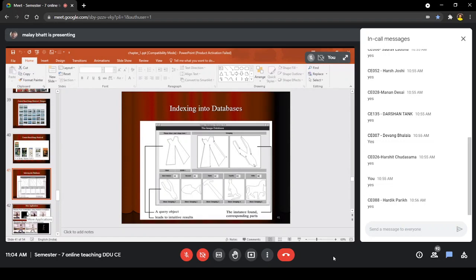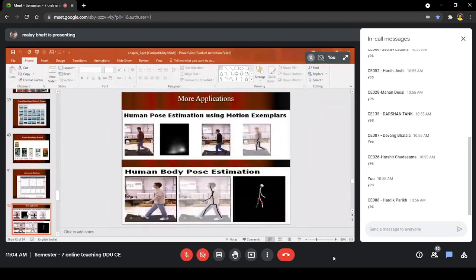So next, other applications are human pose estimation using motion exemplars. So a person is doing a small walk, and from that certain features were extracted, and you can see here that the hand movement and leg movement of a person when the person is moving are detected, and from that a 3D model is generated, as you can see in the last one.